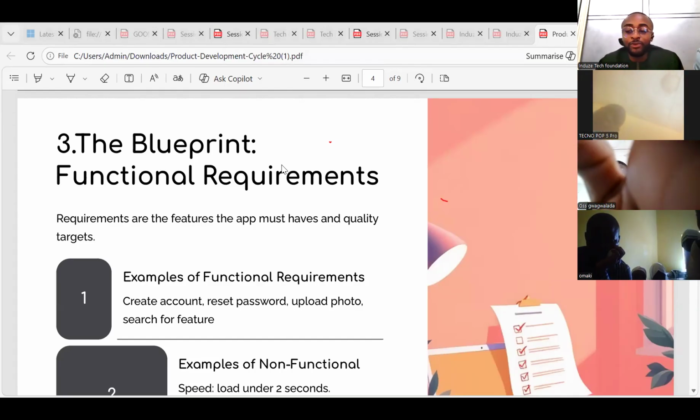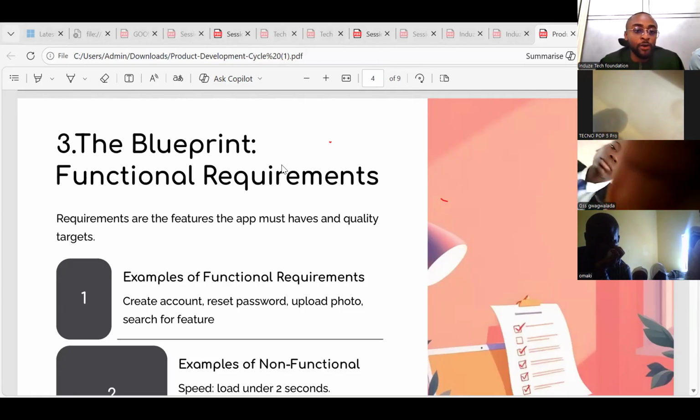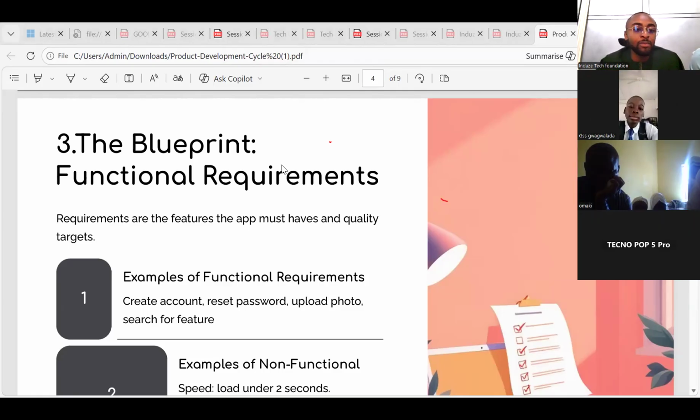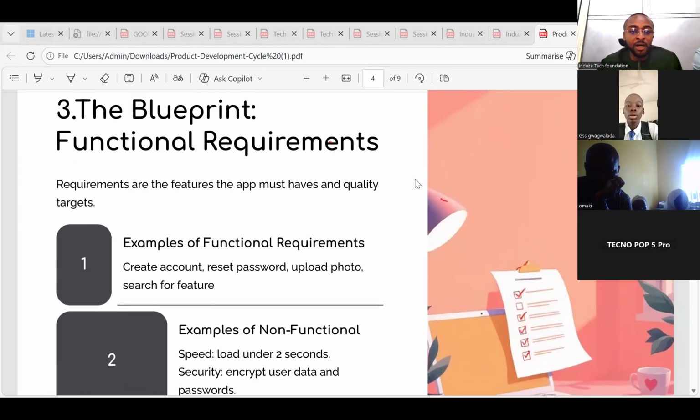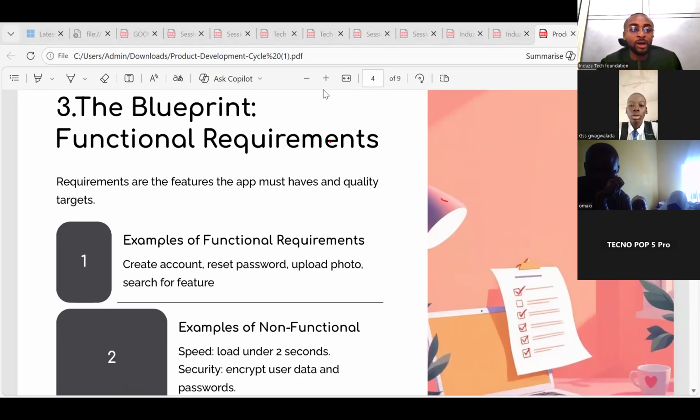So the next phase in the product development cycle is the requirement. The requirement is the blueprint. The blueprint is like a plan. What are the requirements? What do you look to tick? What objective are you looking at answering, or what problem are you looking at solving, or what solution are you looking at providing? Then the requirement involves how you are going to go about providing such solutions. Such solutions are very important in the product development cycle because without having,